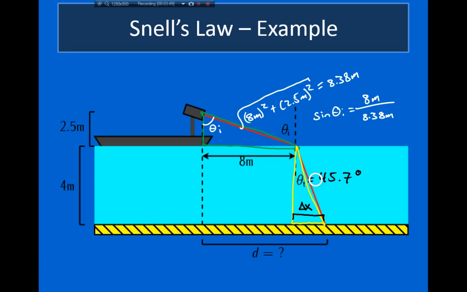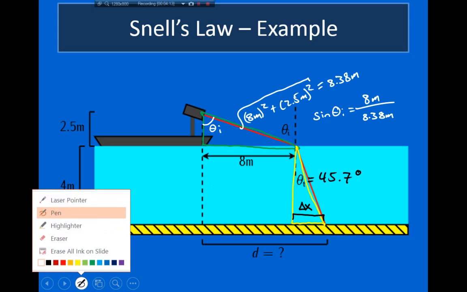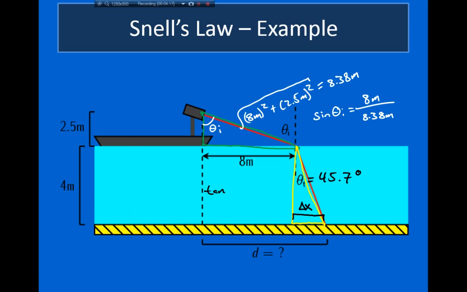And the reason that I really needed this angle, if we look at this triangle now, I know the length of the adjacent side, and I'm trying to find the length of the opposite side. So if we think about what trig function relates the opposite and adjacent sides, that's the tangent of theta. So because I need to calculate the tangent of theta, I really need to know what theta is. So if we look at this triangle here, hopefully you can see that tangent of theta is going to be equal to